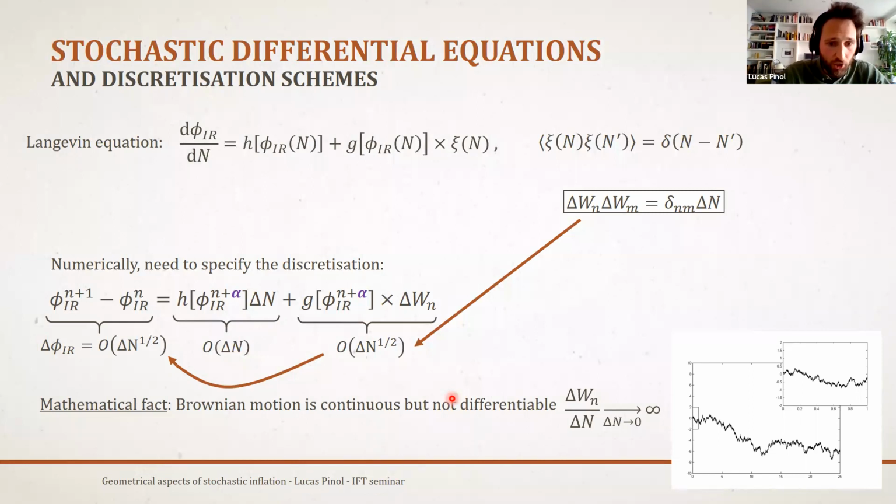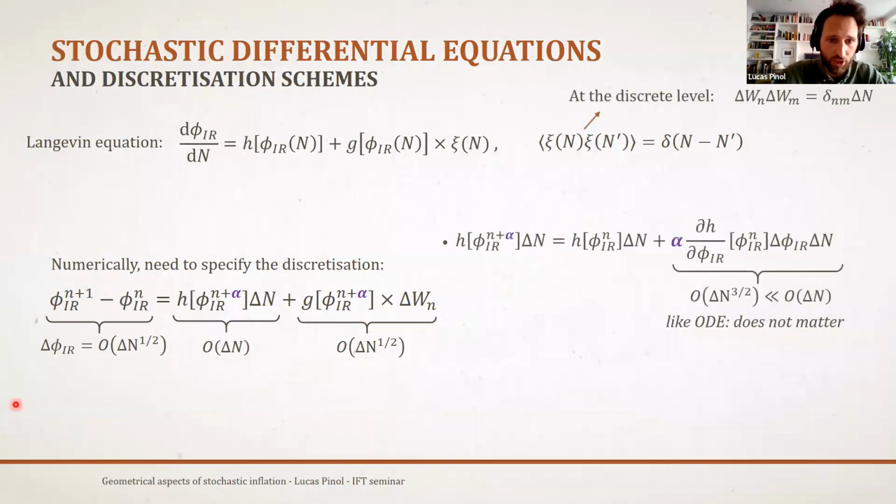This is something you may have already heard: this Brownian motion, because in the end we are only describing Brownian motion here, is a continuous function of time. When delta n goes to 0, this term goes to 0, but it is never differentiable. If you do delta W divided by delta n and take the limit delta n goes to 0, you find infinity. You can see this, for example, if you zoom into your Brownian motion as much as you want: you will never be able to define a tangent at any point. You only have vertical tangents everywhere, which means no derivative. And the fact that there is no derivative in the Brownian motion changes completely our understanding of these differential equations.